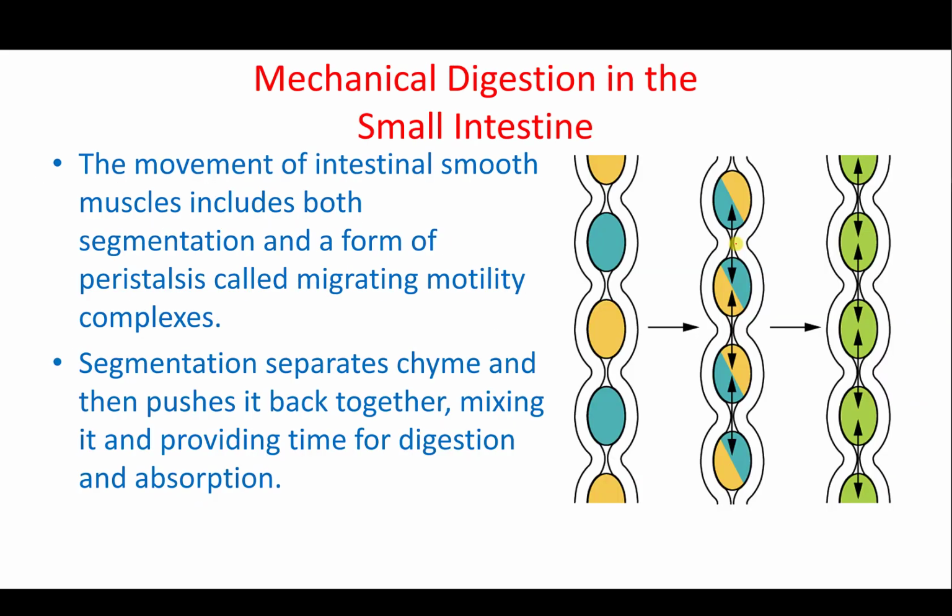In the small intestine, a small portion of the digestion is mechanical because of the movement of the circular and longitudinal muscles. So there will be segmentation. The muscles contract and then relax, alternating in their contraction and relaxation. And therefore, they will segment those pulps and remix them again, and this will enhance the chemical